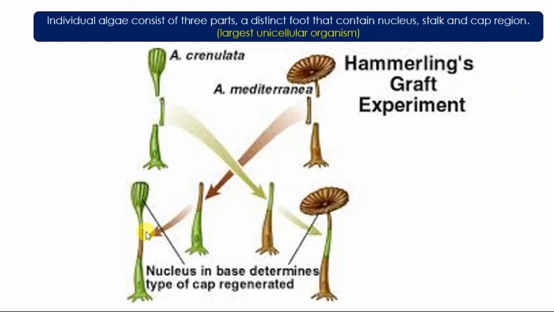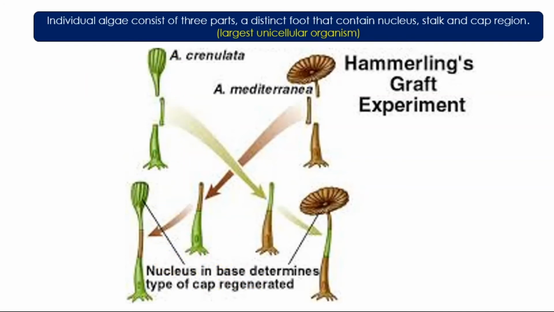This replacement of the cap is because the nucleus at the bottom controlled the development of this cap, and the nucleus at the bottom here controls the development of this cap. So the nucleus in the base determines the type of cap which is regenerated,